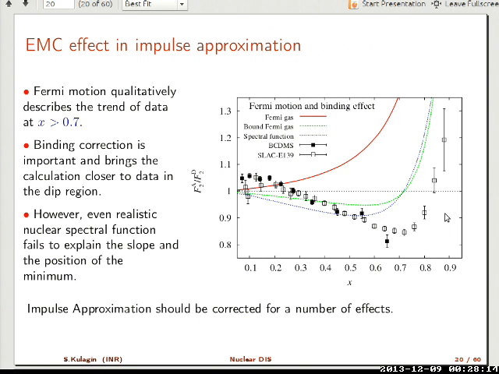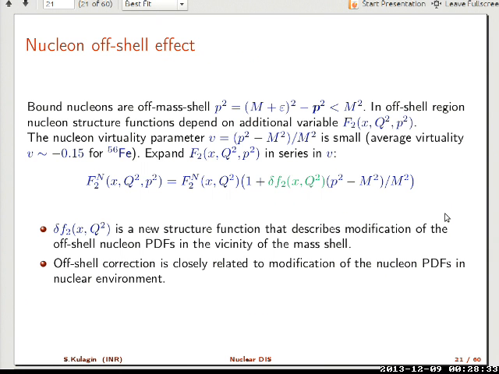So we see the conclusion I would like to draw out of this: that something is missing in this calculation, and let's try to improve on that by considering the off-shell effects. Let me make use of the fact that the system is loosely bound, non-relativistic, so I just expand in a small parameter in the nuclear virtuality,